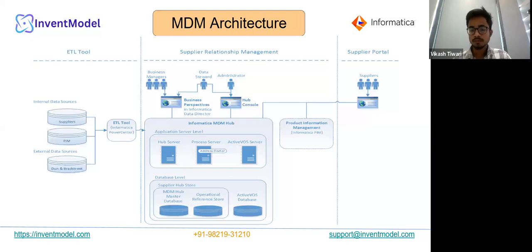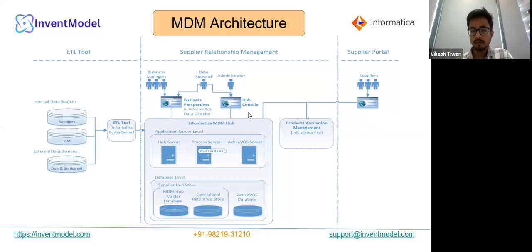Okay. So if we are going to understand the architecture of MDM, how does it work? First of all, we have to collect the data from different sources through the ETL tool. ETL means extract, transform, and load. It means it extracts the data from different sources, and after collecting the data from different sources, we load the data into MDM to refine our data. Okay, so after doing this, we have to do different things